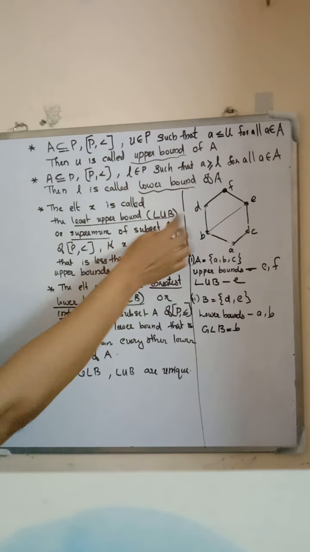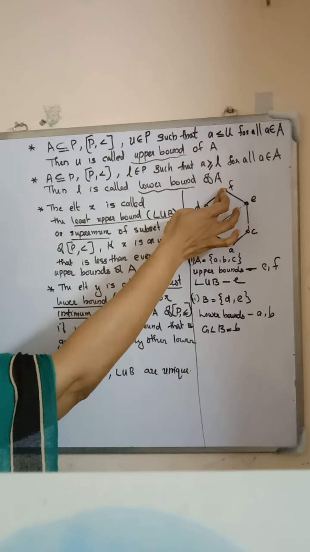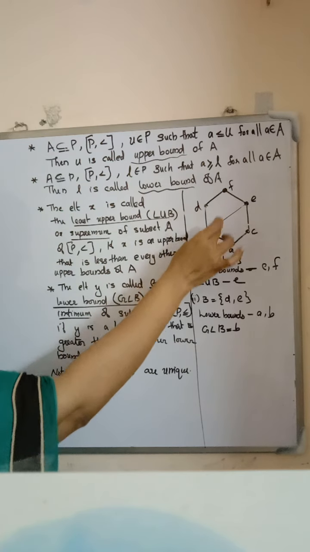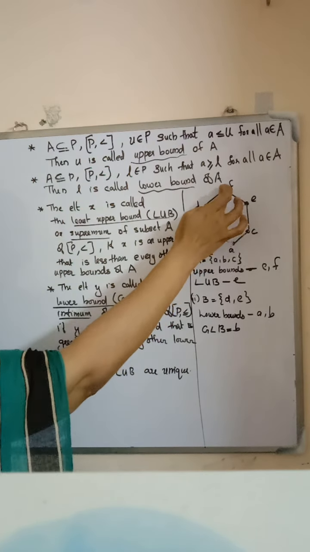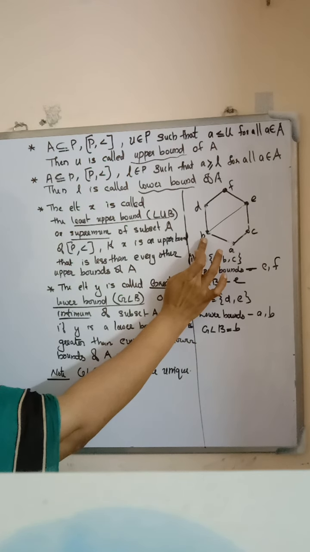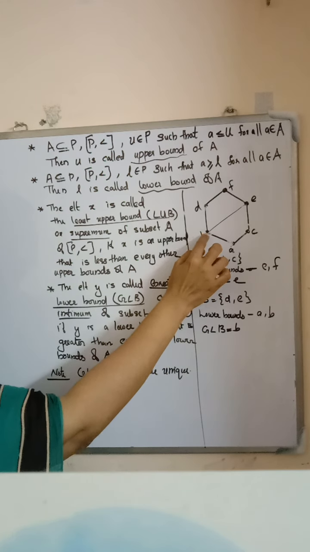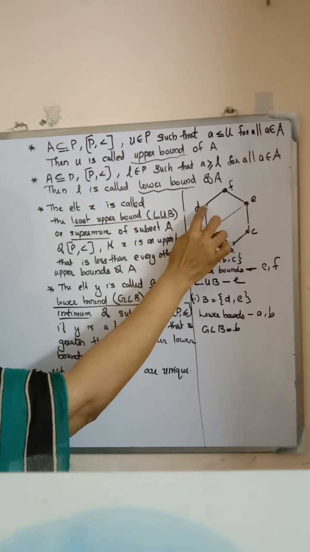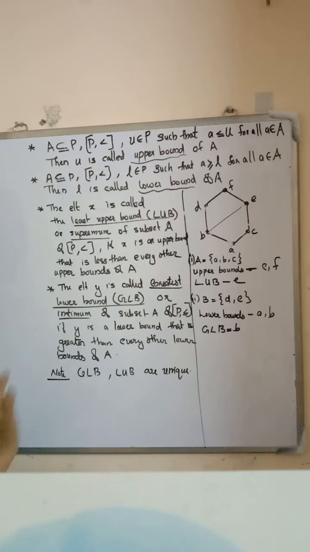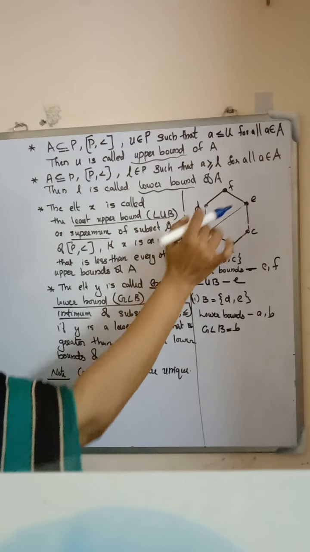Next we consider the element F. Is F in the upper bound? Yes, because F is a successor of D, F is a successor of B, F is a successor of A, and F is a successor of C. We only check the elements in the set {A, B, C}. Clearly, B is related to D and D is related to F. By transitivity, B is less than F.